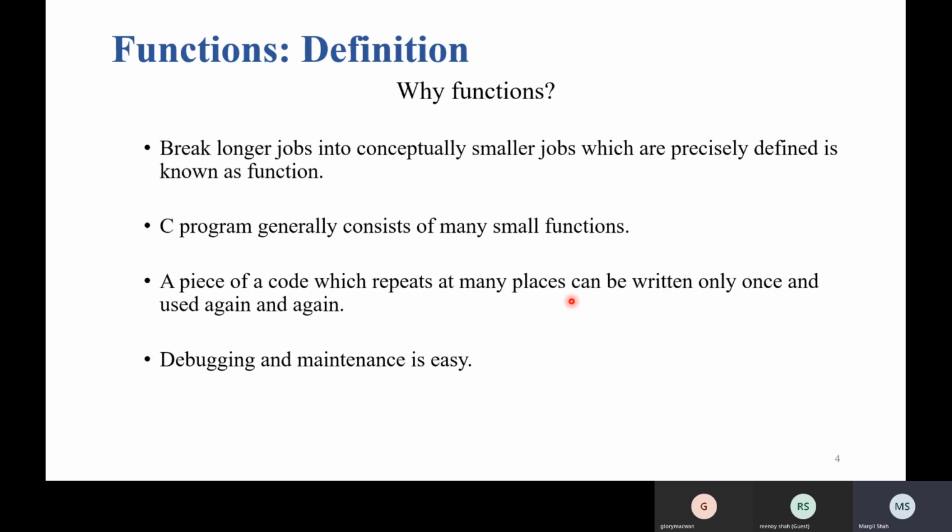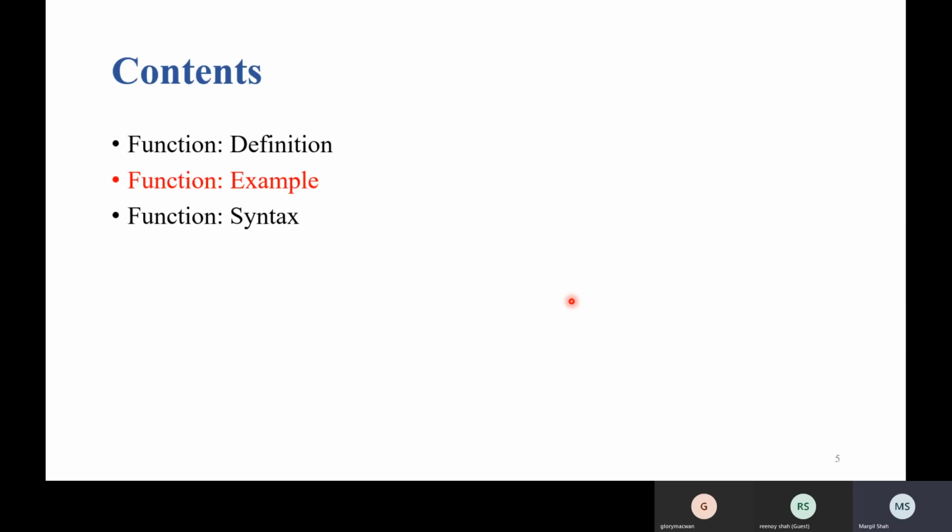But suppose we have a function, and there is a problem with the output, I know that I need to check only the function definition, right? Once we solve the definition of the function, the problem will be resolved for the whole series program. So this is how debugging and maintenance is easy if we are working with a function.